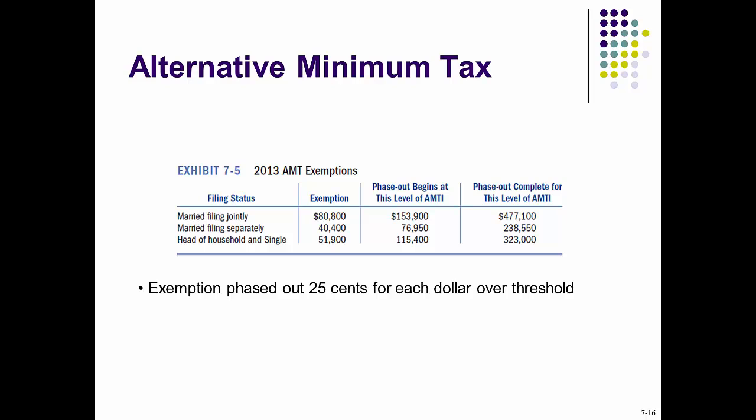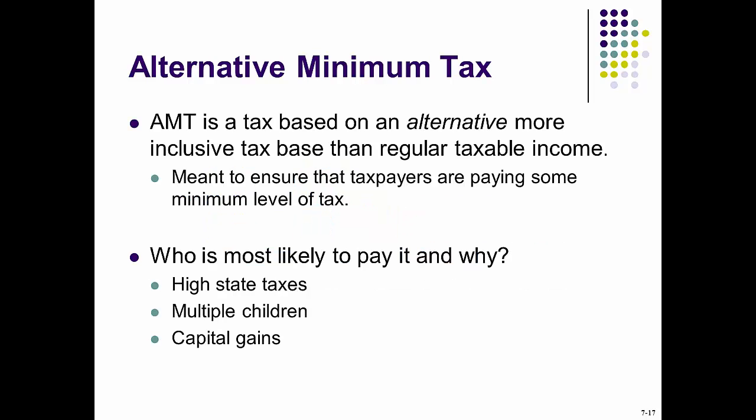AMT is a tax based on an alternative, more inclusive tax base than regular taxable income, meant to ensure that taxpayers need to pay some minimum level of tax. And who will most likely be subject to such AMT? Higher state income taxes, multiple children, and capital gains, because some of these exclusion and deferral items will be added back to the regular taxable income